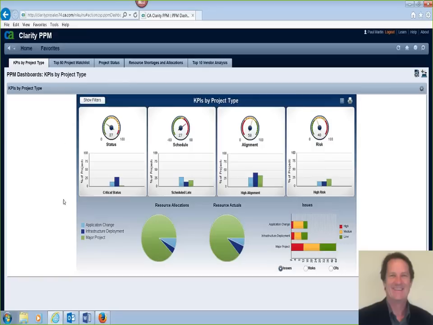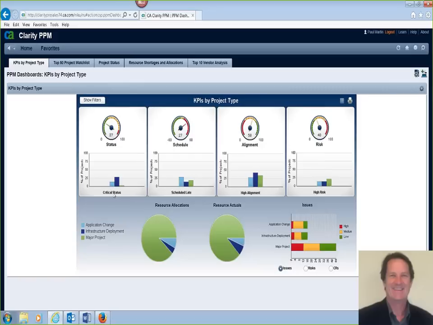For project type, all my projects are categorized. Is this an application change? Is it an infrastructure deployment? Or is it a major project? And then it tells you how am I doing in each of these types of projects in various ways. So how much time am I spending on the major project in green versus application change and infrastructure deployment?